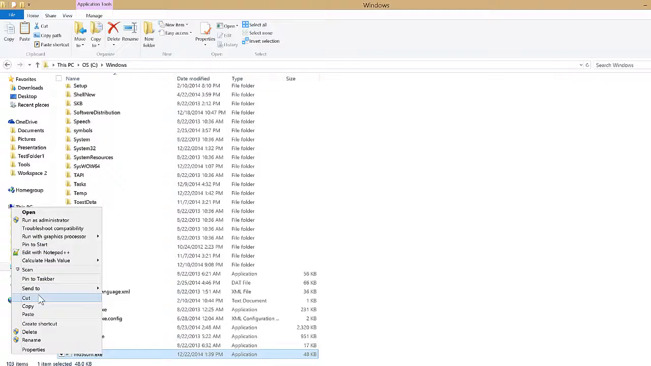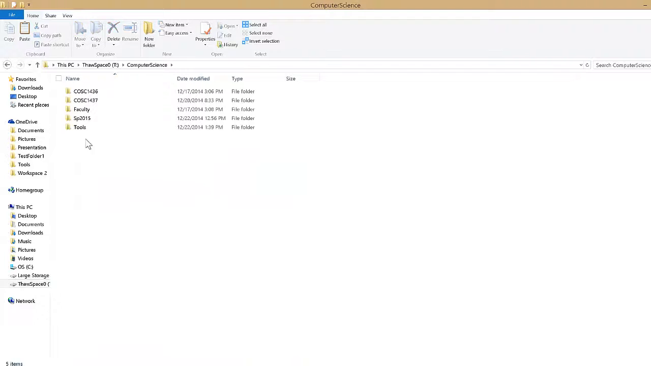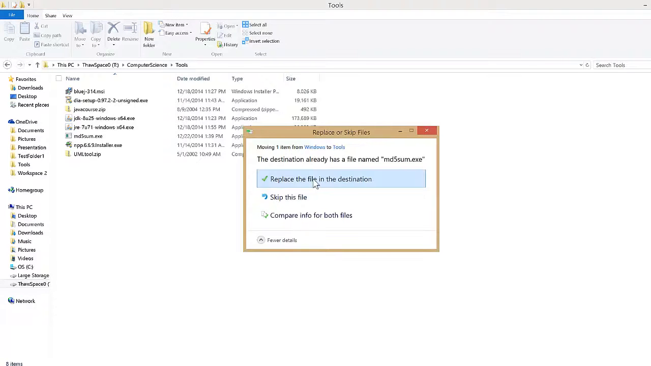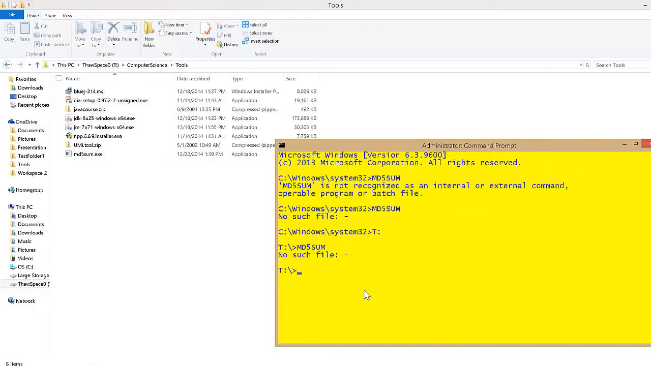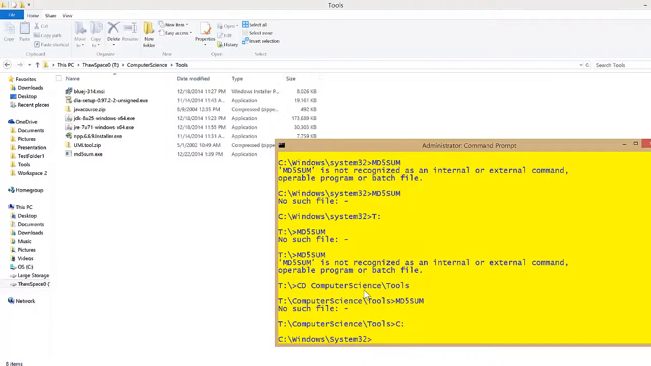Now if I remove this executable, I'm just going to cut it out of here, and I go back to my computer science tools folder and paste it in here. So md5sum.exe does not exist anywhere else on the system but in the T computer science tools folder. So if I'm on a T drive, it doesn't see md5sum. So what I need to do is I need to be in a particular folder, and in that folder